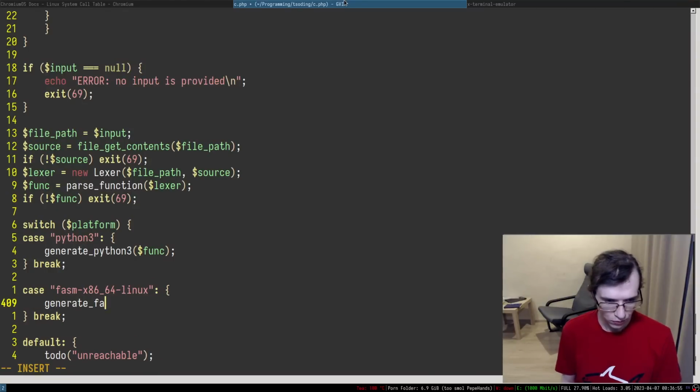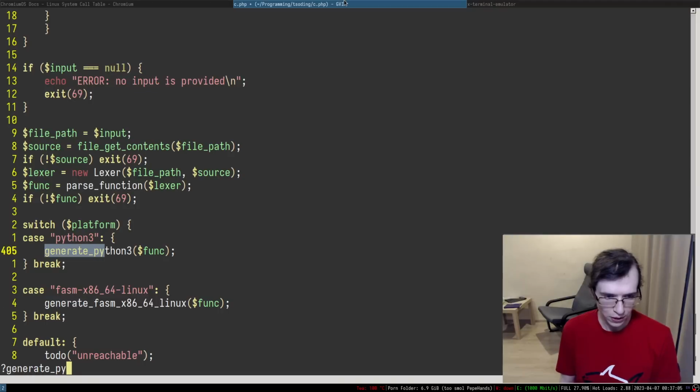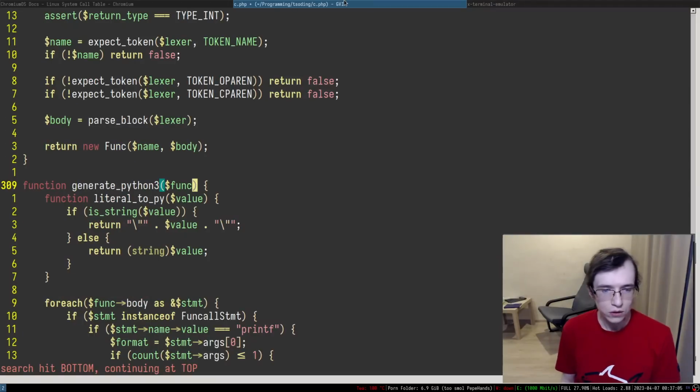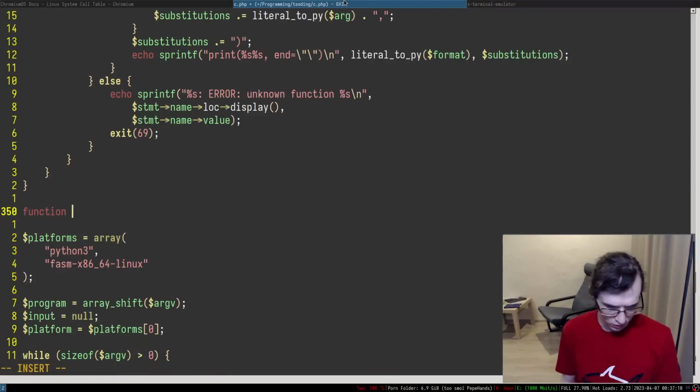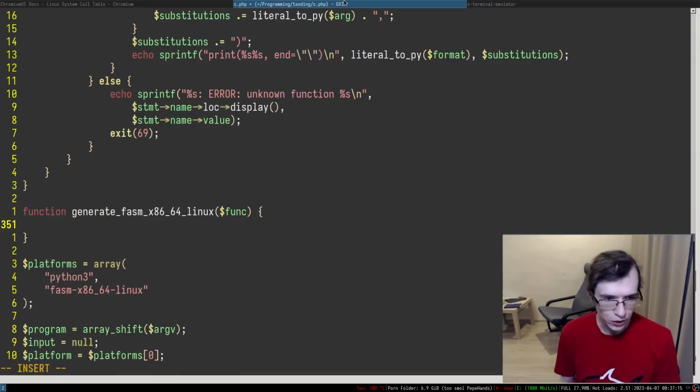So generate fasm x86 for Linux, and we're going to provide the func. We're going to provide the func generate Python. Generate Python function, generate fasm x86, this is func, and there we go.